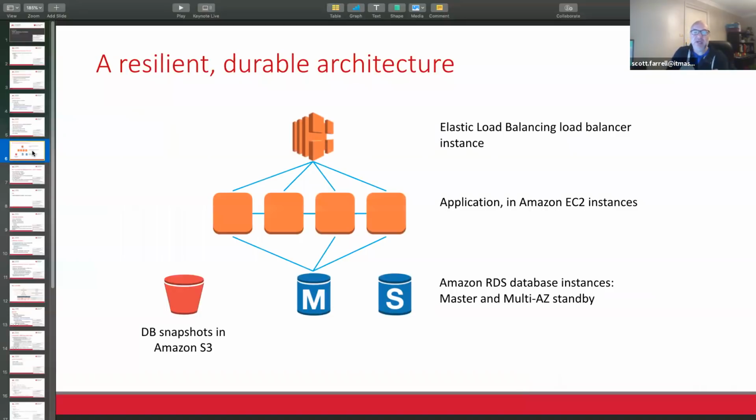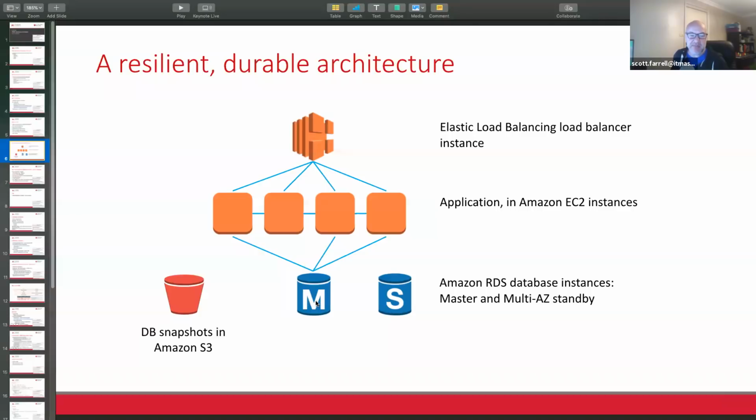A bit of a look about how some of this gets put together. We haven't covered elastic load balancers at this stage, but they sit at the front of most AWS deployments, and they help you manage horizontal scaling of your application. So these are EC2 instances. Here we've got 4, but it could be more. Something's managing this fleet of EC2 instances, and the load balancer sends out requests to them. But they all come back to the one database.